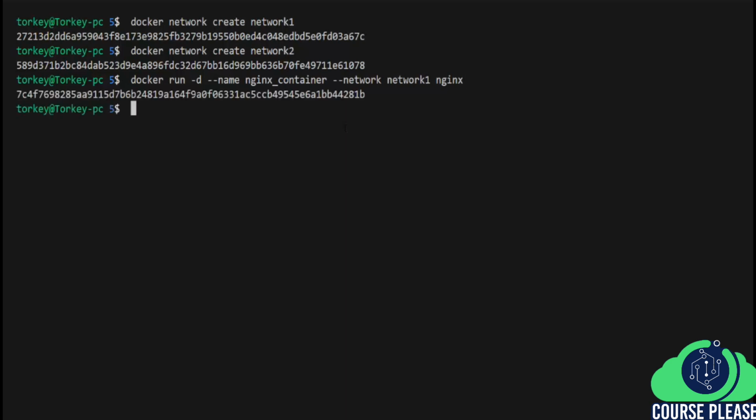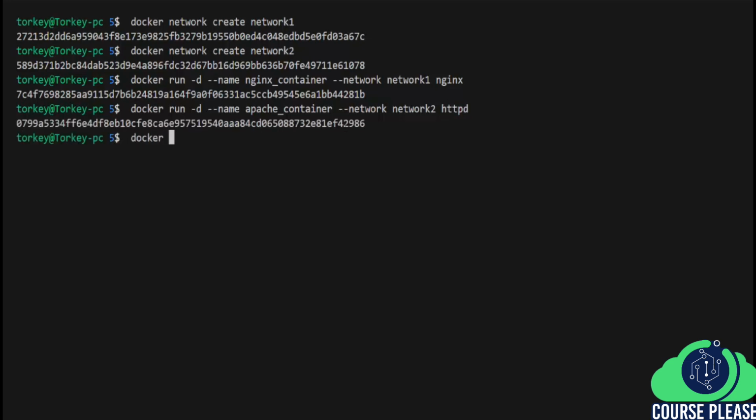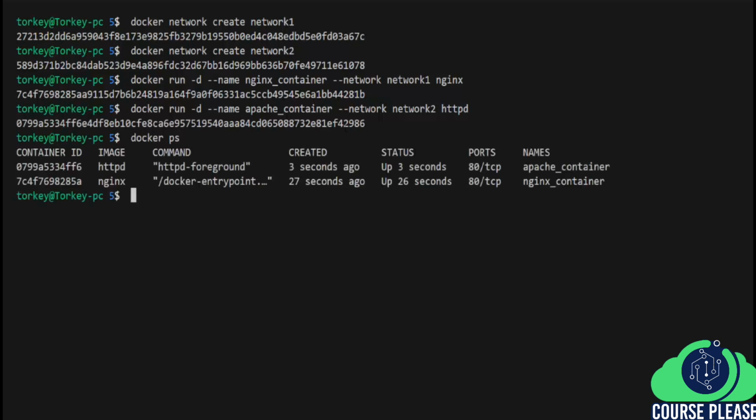nginx. I will execute the same command for Apache, but I will change the name of the container to be apache_container and the network to be network2. And the image I will create the Apache container from is the httpd image. Now press enter and let's run docker ps. And as you can see, we have two running containers, nginx_container and apache_container, and both of them attached